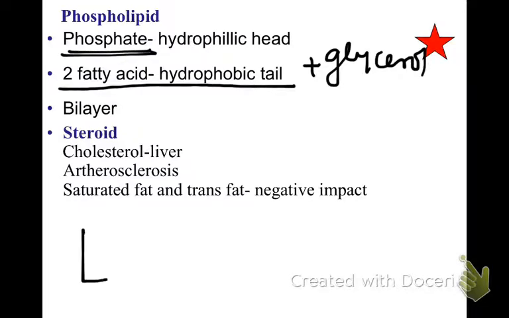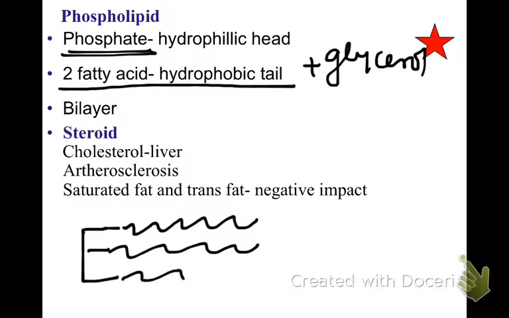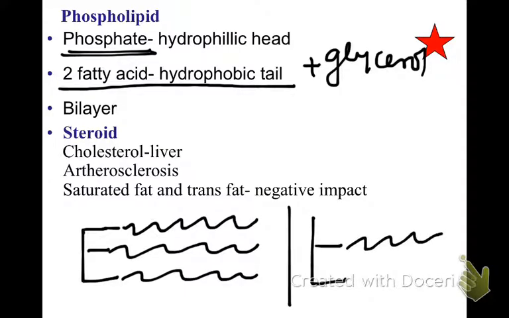Meaning think E. That's what I tell my students. So our fat was a glycerol molecule with 3 fatty acids, right? Kind of like this. Now phospholipid on the other hand is a glycerol molecule with 2 fatty acids and 1 phosphate